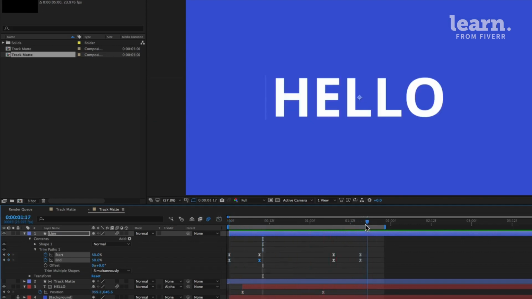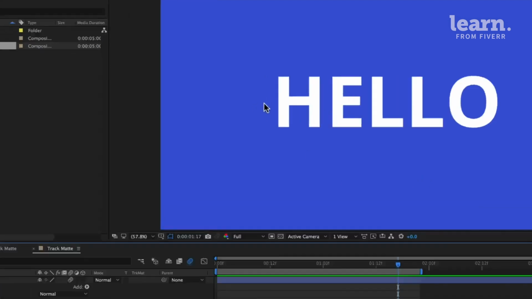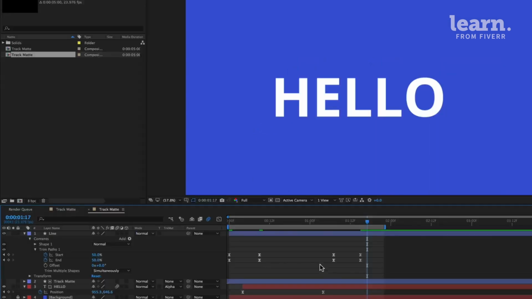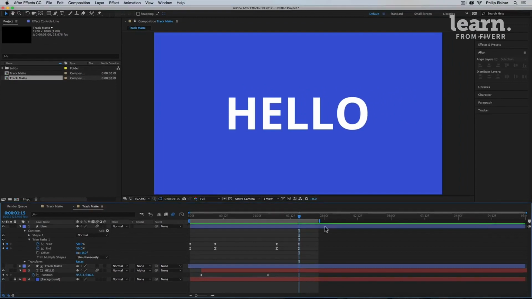You'll notice though, right here, you probably can't see it, but I can see the line right here. That's just a little glitch in After Effects. If I turn off motion blur, it's not there, but with motion blur, it's on. Don't know necessarily why it's still there, but to get rid of it, I can just trim the right side of this layer. I can either click and drag this to the left, so then it just disappears after this